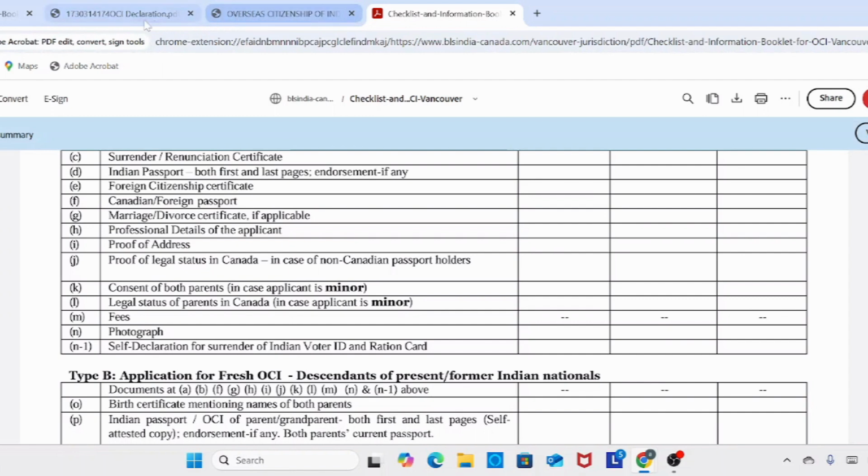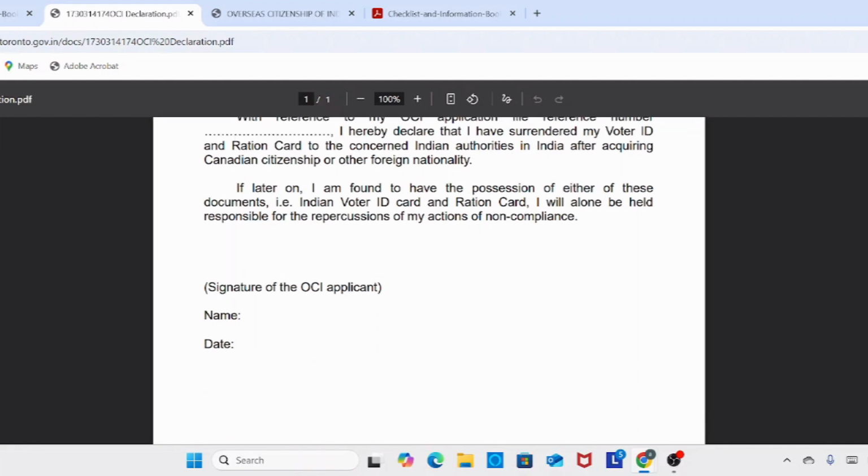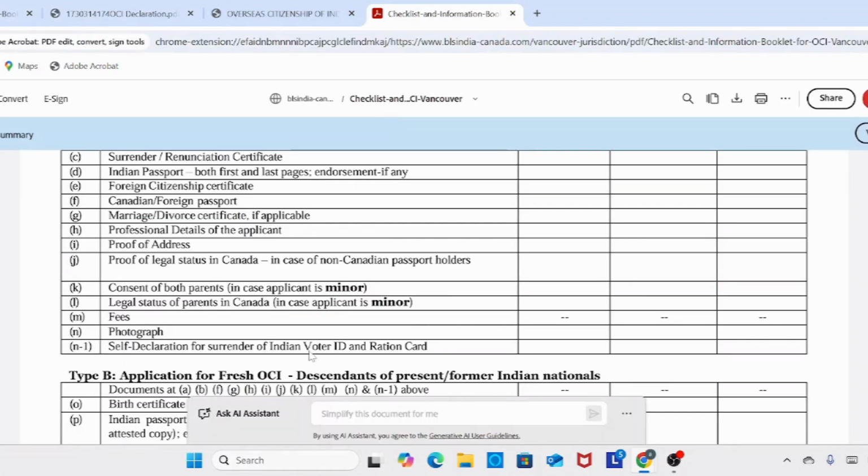I show you the form. This is a form. Here you need to fill your reference number. For the reference number, you can fill the CANV number when you fill your application. At that time you will receive that number and fill it here, along with the signature of the OCI applicant, name and date. You need to submit this one with your documents. And after that,